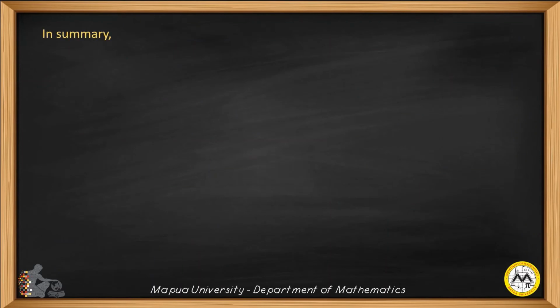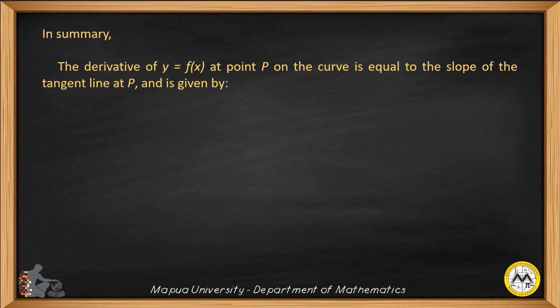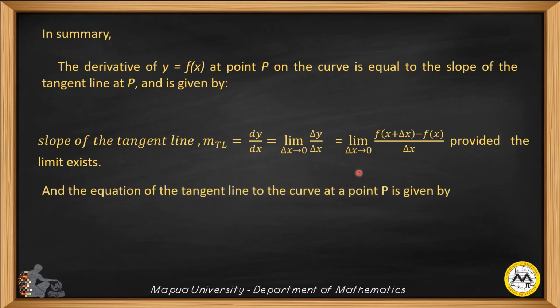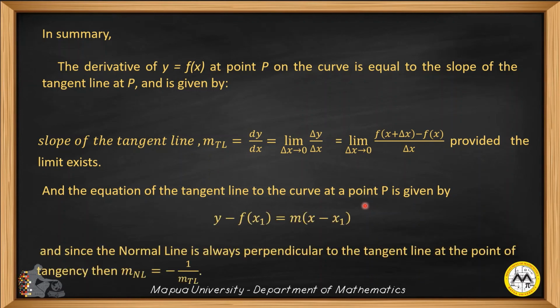Okay, to summarize what we have today, the derivative of y equal to f of x at point P is equal to the slope of the tangent line at that point P, and this is given by the slope of the tangent line equal to the derivative dy/dx, provided that the limit exists. And with this, the equation of the tangent line to the curve at point P is given by y minus f of x sub 1 is equal to m times x minus x sub 1, where m is the derivative dy/dx value evaluated at